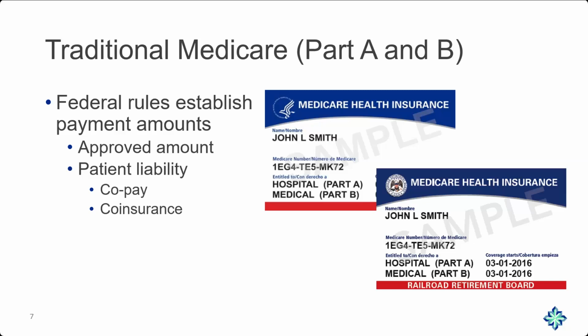Regardless of how a claim is processed or regardless of what payment method we use, you will be given an approved amount, and there will be patient liability assigned when necessary. The question that came in about patient liability is what does not have patient liability? An example of that would be a preventive service. There's no patient liability assigned to that. There are other types of services that do not have copays, coinsurances, and do not apply to the deductible, which are the patient liabilities, but we'll talk more about that as we go through.